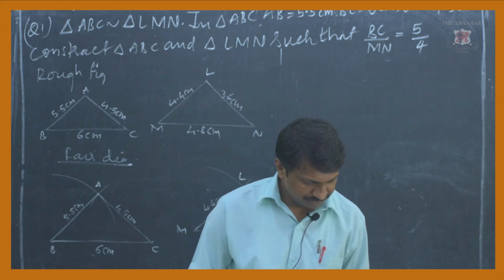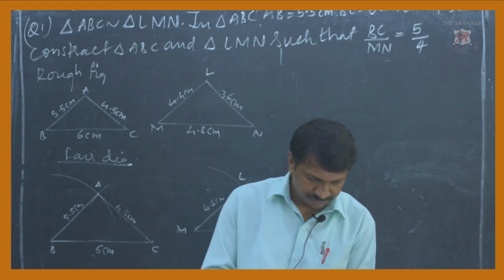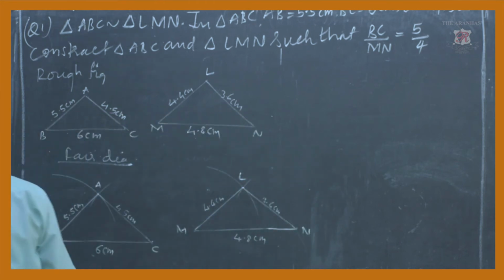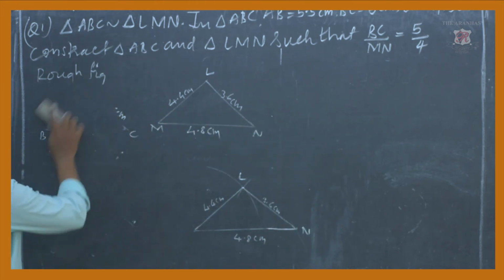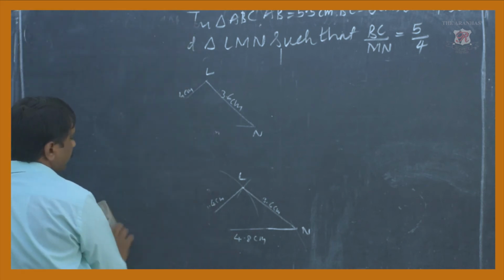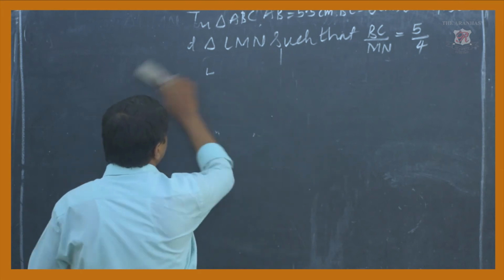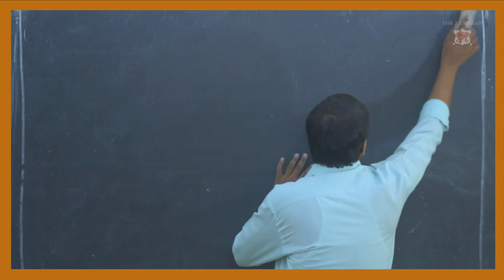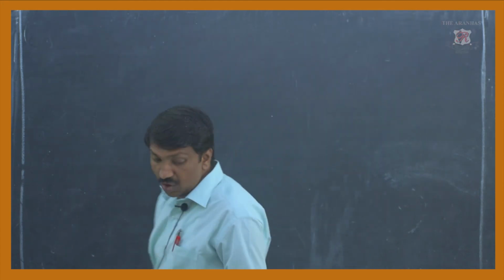See, question number 2 it is. Actually, this year we are going to study how to construct the similar triangle in two conditions. First we discussed when you know the corresponding sides and corresponding angles. The second part is known as common vertex. So I'll write the heading. This is known as a common vertex.